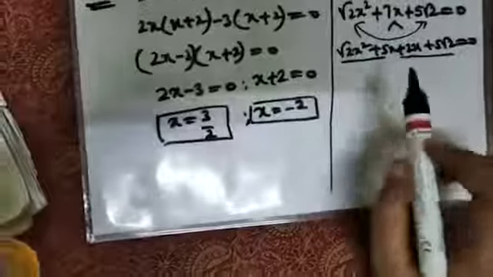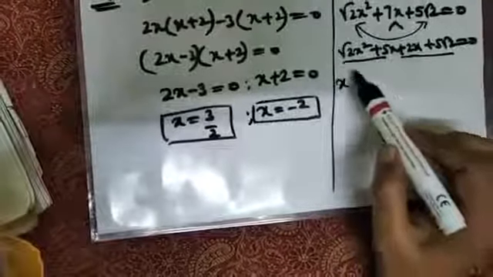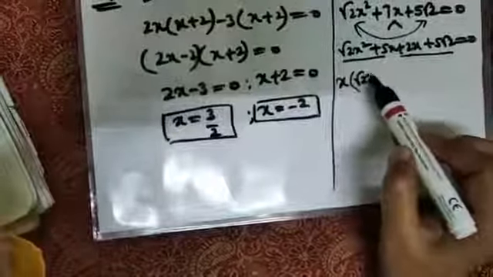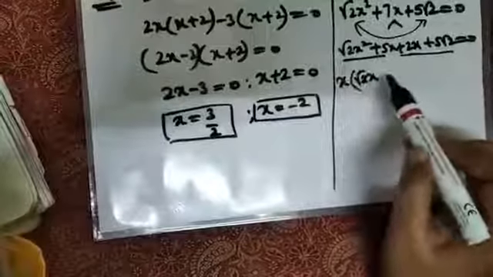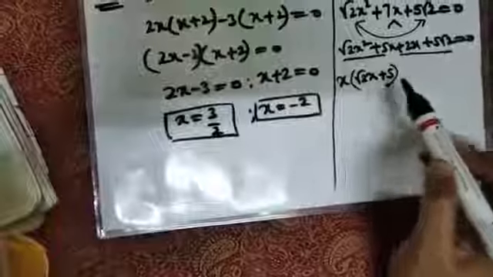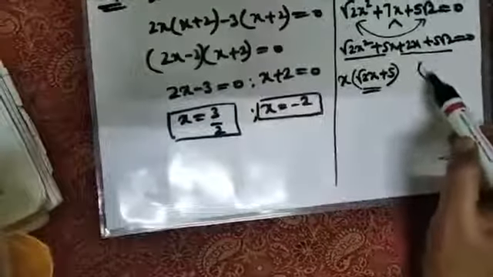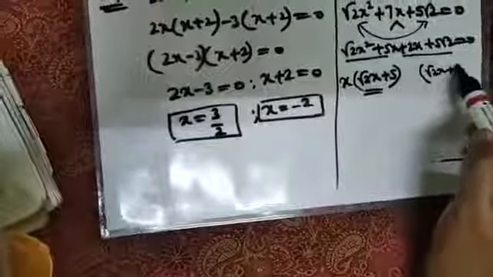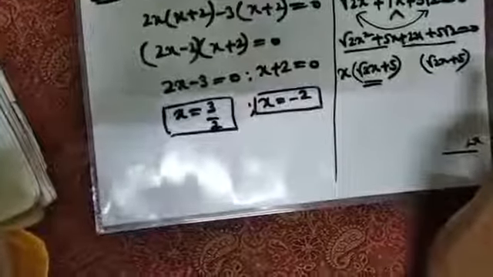Now when we see there, what is common? X is common, right? So root 2 will be left out. X is already there, so 1x will be left, plus as it is. And x we had already taken 5. So once you get one bracket, just copy the same bracket. This is not the exact method, I am just giving you the tip how to do it.